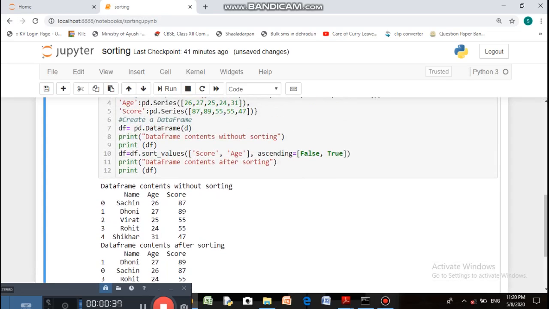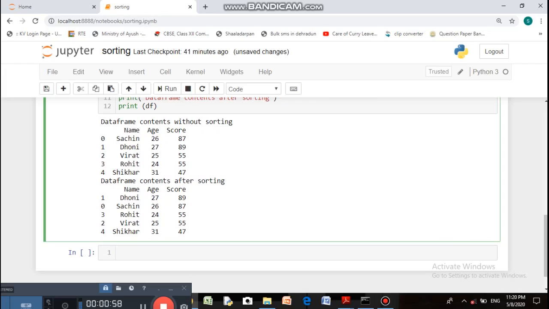So firstly the elements are sorted on score column, and if two values are equal, then they will be arranged according to age. For age, the order is ascending because we have given true. So Rohit, having age 24, is appearing first and then Virat. Alright, so this is how you can do sorting on multiple columns.